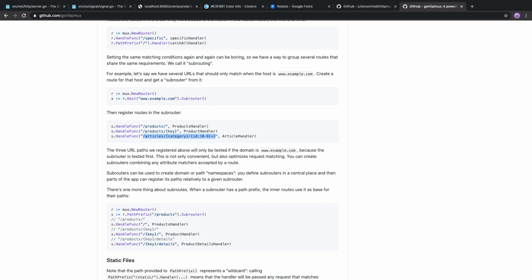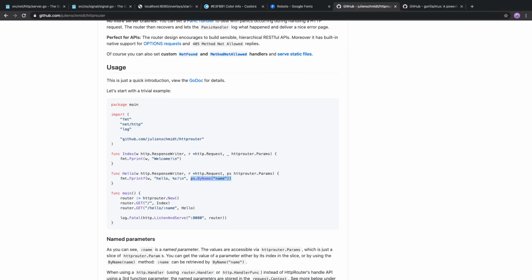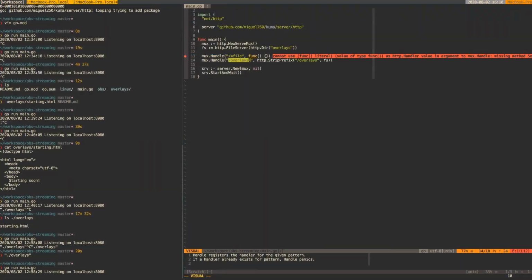That's the thing that I've been struggling to realize. No one has told me, and most of the things I looked at say I don't really need that when it comes to Gin and Gorilla Mux. But for HTTP routes, the only thing I need is this. If I could, I would use the default one. So if the default package from